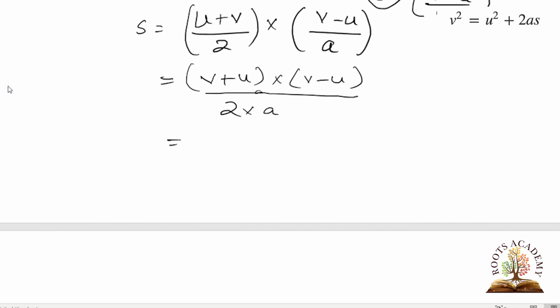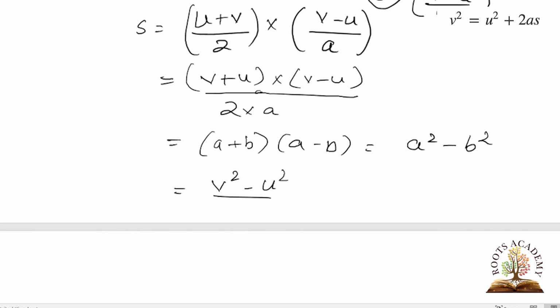Now we know from the mathematical formula that (a + b)(a − b) = a² − b². Similarly, in this case, our a and b are final velocity and initial velocity. So (v + u)(v − u) is going to be v² − u²